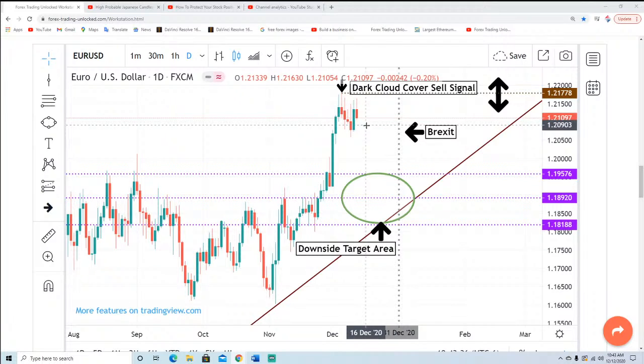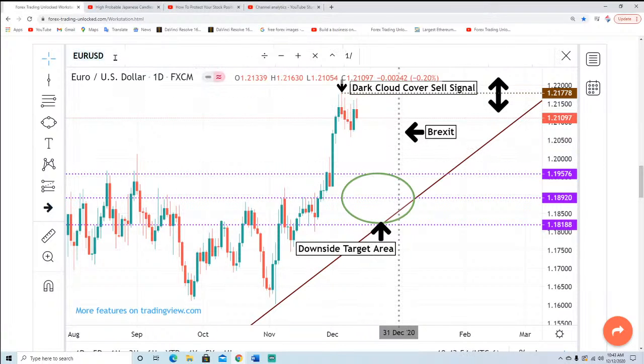So between Brexit and the holidays, remember we have holiday markets coming up. This next week is our last full trading week of the year. After next week, we're going to have 2 holiday shortened trading weeks globally. It's going to impact the currencies as well as far as volume and stuff like that. So let's go look at the other